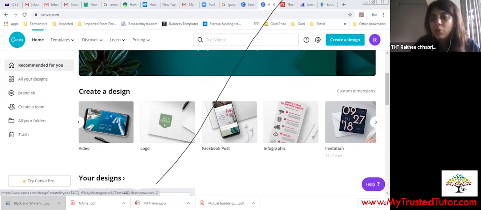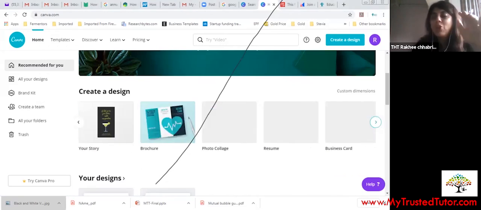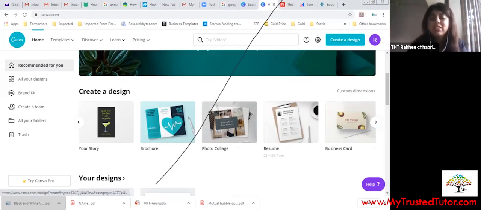Now, it can also help you in making your card, your flyer, your story. I mean, you name it, and you have the option that you can make. You can even make your resume, which is very important. It gives you wonderful templates where you can feed your information and make your resumes. You can even